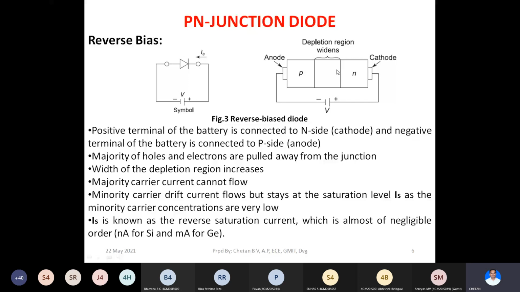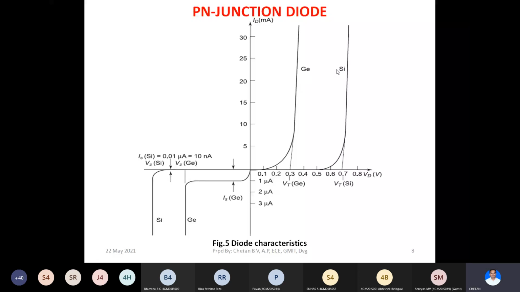Next is the diode characteristics, or the VI characteristics of a diode. What this VI characteristic indicates is the behavior of a diode with respect to the application of forward voltage and the response, that is forward current. Here you can see the first quadrant of this graph indicates the forward characteristics. The third quadrant indicates the reverse characteristic. The forward characteristic you obtain when the diode is forward biased, and the reverse characteristic is produced when the diode is reverse biased.